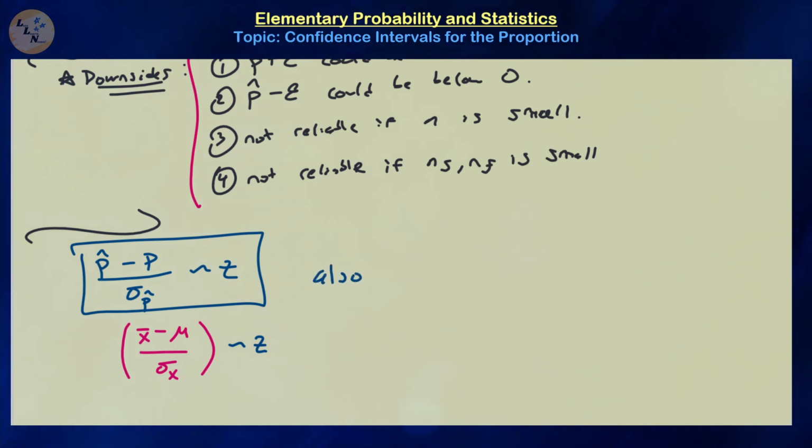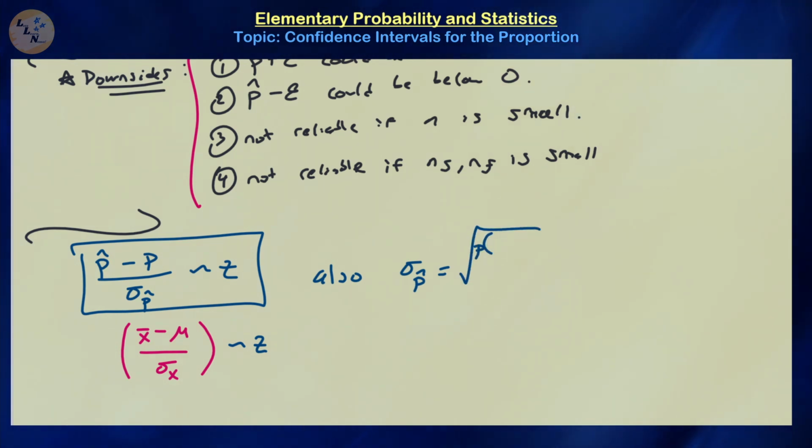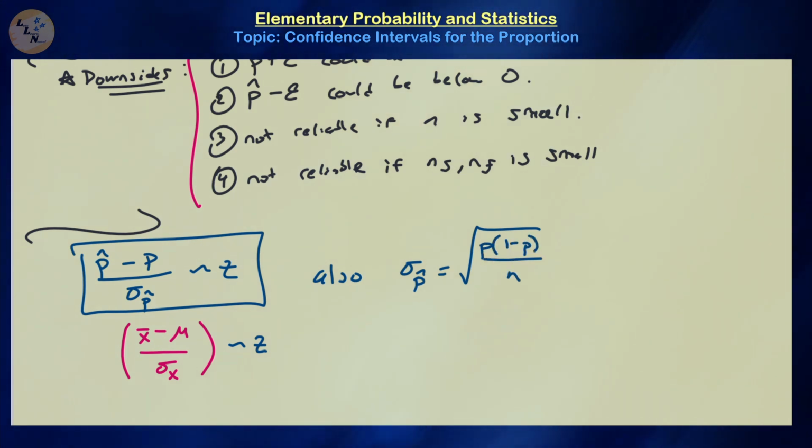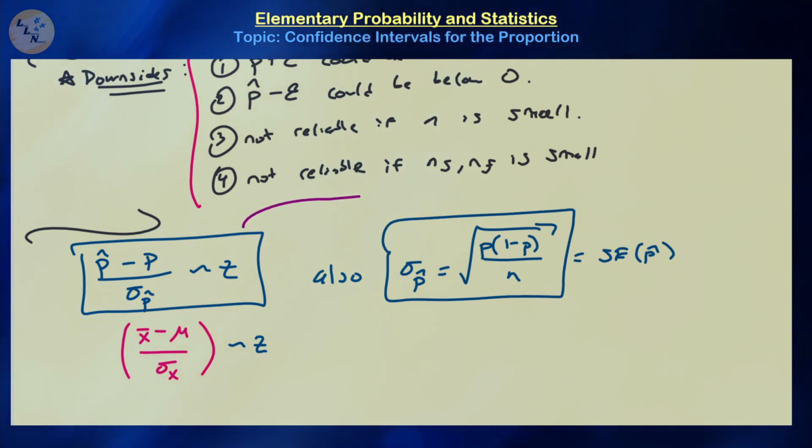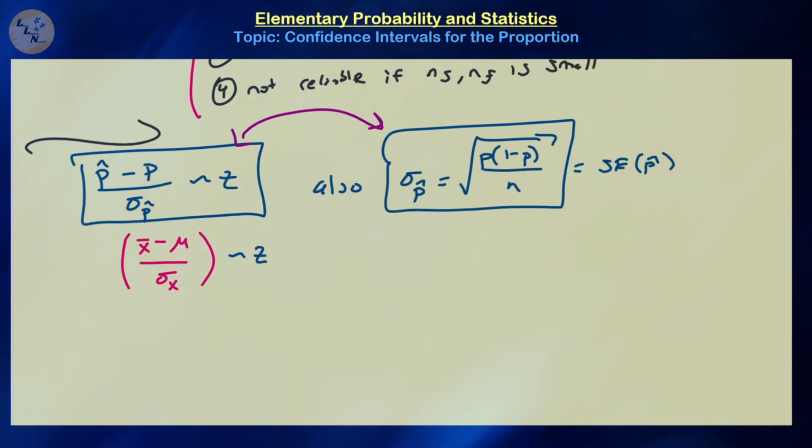Also, the standard deviation for p hat is equal to the square root of p times 1 minus p all over n. Remember, this is the standard error of the estimate for p hat, the analytical one, not the approximated one. So we have these two things that are true. So is it possible that we can combine them into the same exact formula and possibly solve for what value of p will make this true? And the answer is, of course, yes. So what we can do